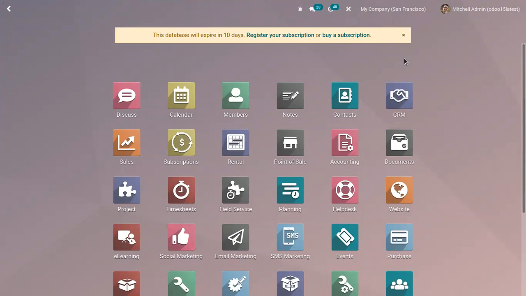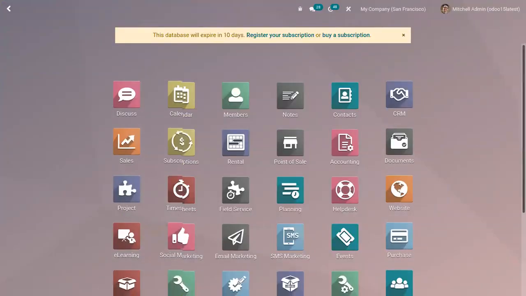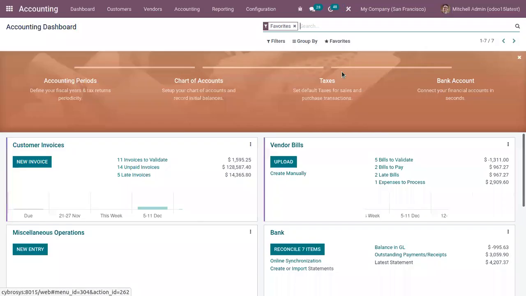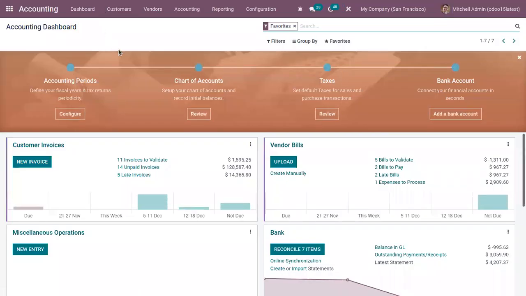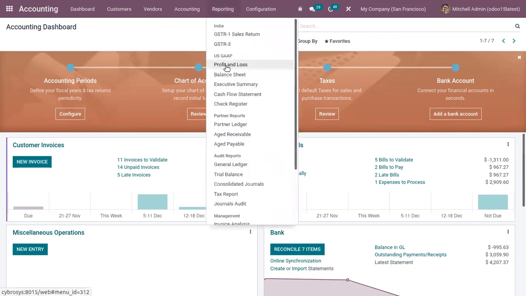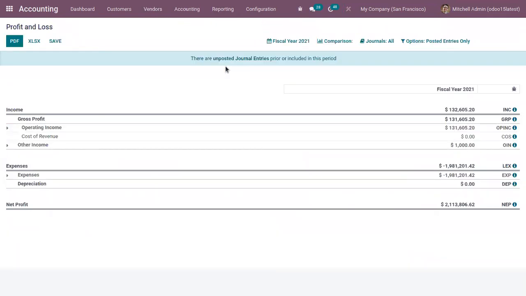Today we will see how to manage deferred revenues in Odoo 15 accounting. Deferred revenues are unearned revenues, and these are the payments made in advance by the customers for products yet to deliver or services yet to render. These payments are currently a liability for the company, and the company cannot report them on the current profit or loss statement, and it will be effectively earned in the future.